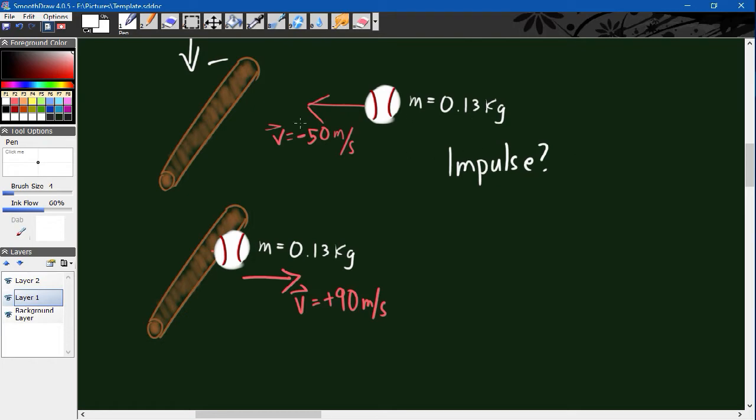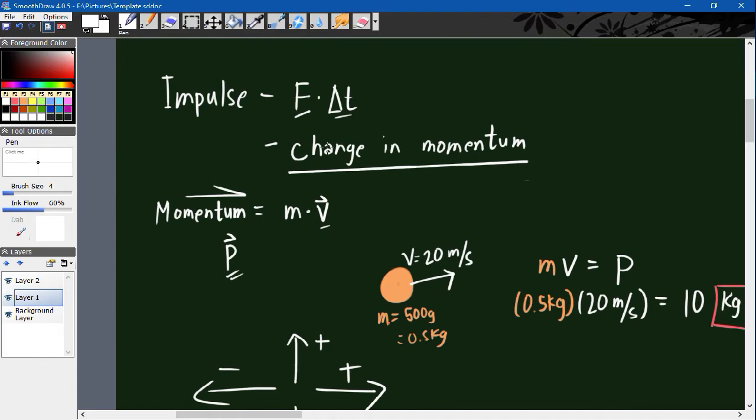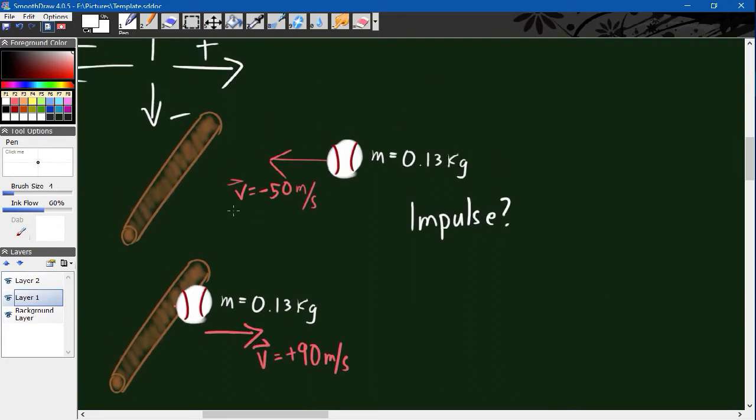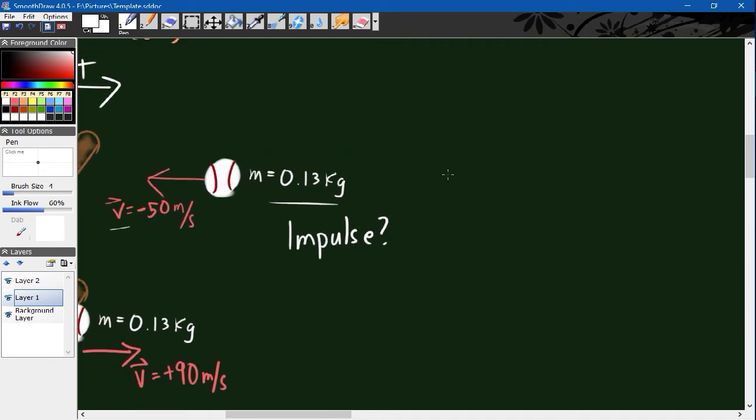Very fun. Okay. We know that impulse, as we have mentioned earlier, is the change in momentum. So first, what's the ball's original momentum? That's easy. We have our velocity, we have our mass. So the initial momentum of the ball is